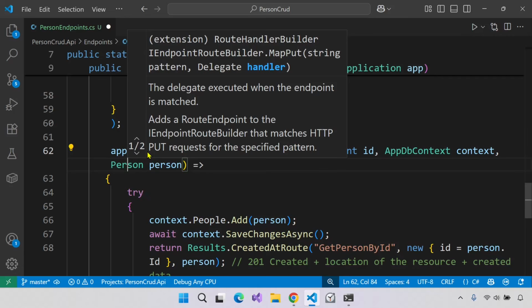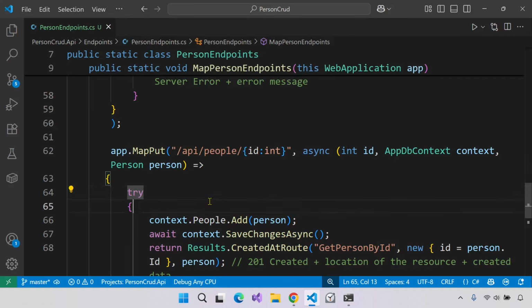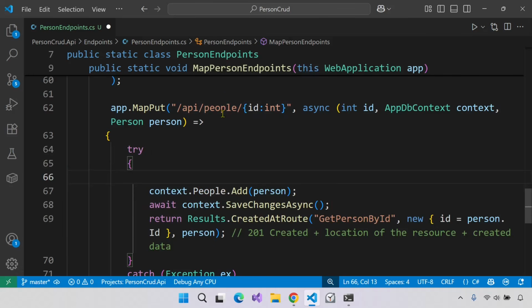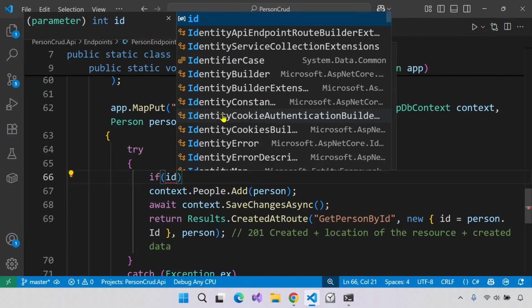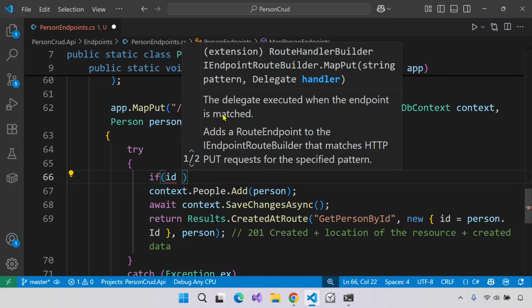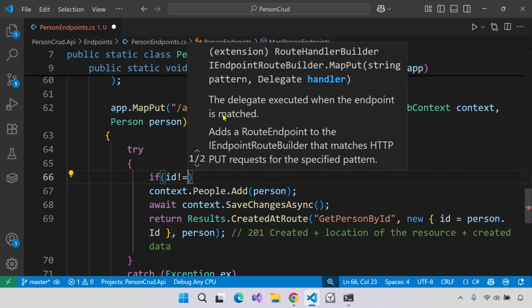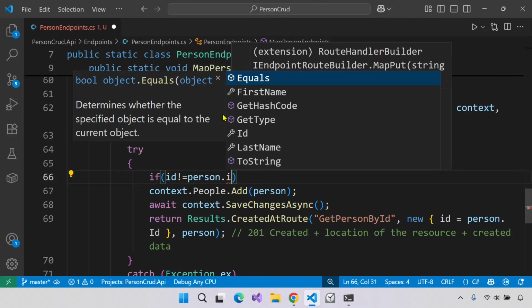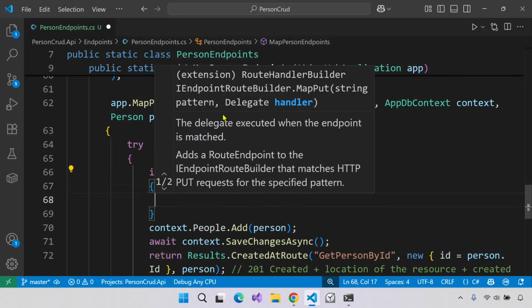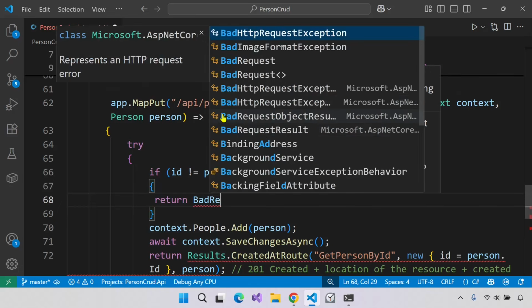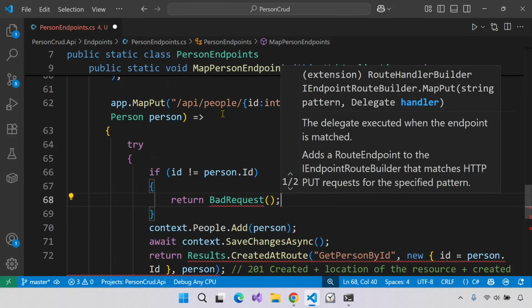Everything will be the same. Here we will check a few conditions. First, if the id that is passed as a query parameter does not equal the id which is passed in the body, which is person.id, then we will return bad request